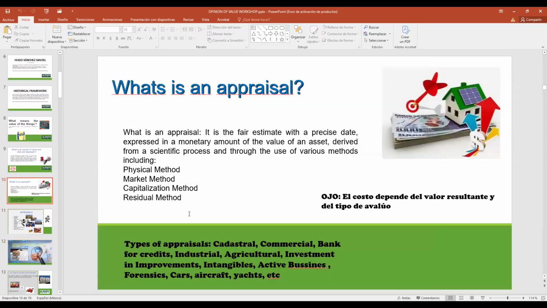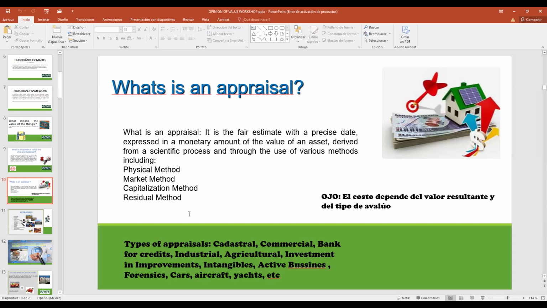Regarding the type of appraisal, do you understand the word cadastral? Does everybody know the word cadastral? Yes, it means the tax office. Well, let me explain what catastro is.